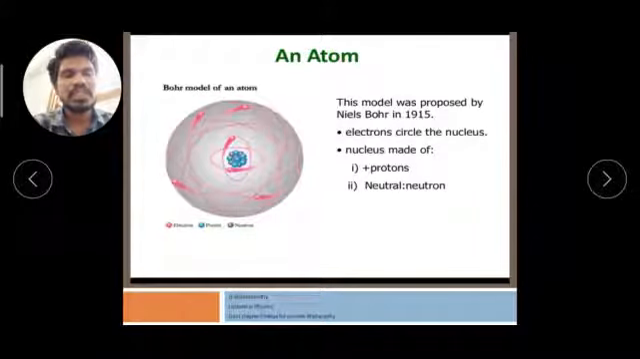nucleus of the atom, and the nucleus consists of two elements, known as the protons and neutrons. The protons have a positive charge and the neutrons have no charge, that is, neutral in charge, and the electrons are revolving around the nucleus within the stationary orbits. Those stationary orbits are denoted by K, L, M, N, and so on. These stationary orbits hold the electrons, and we know that